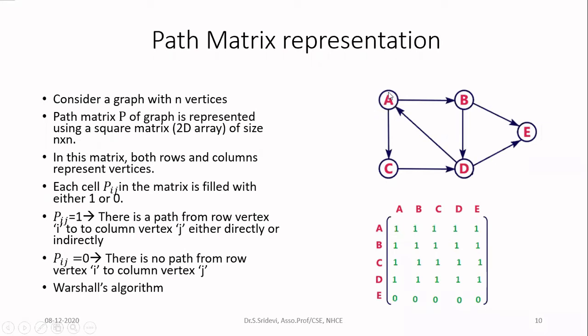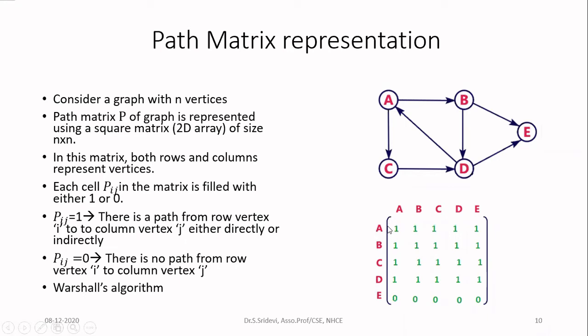If you focus on this particular diagram, from A there is no self loop to A. But from A, you can go to the node B, then from B you can go to D, then from D you can come to A again. So you are starting with A, and through some other node, you are coming back to A again. Anyway, there is a path, but this path is not a direct path. It is an indirect path. So from A to A, you have a path, so you write 1 under this particular cell. The row is the from node and the column is the to node.